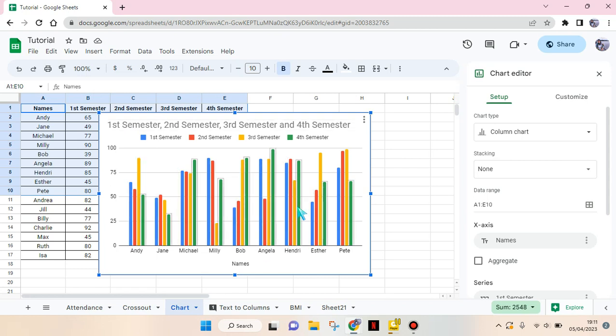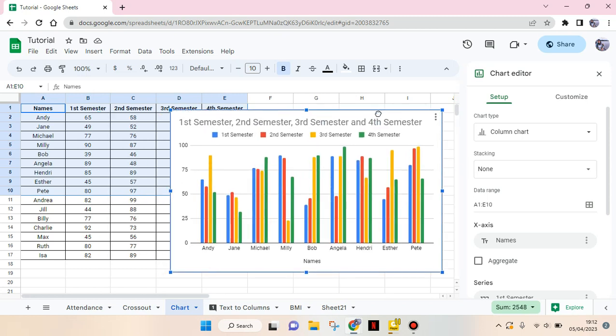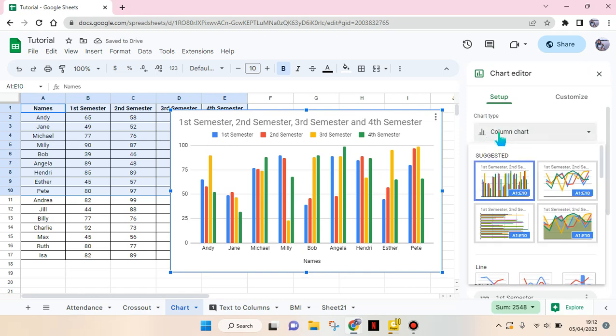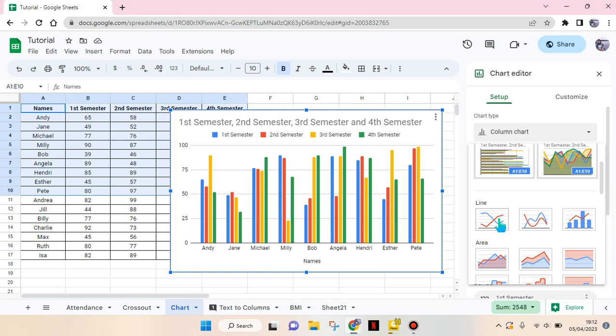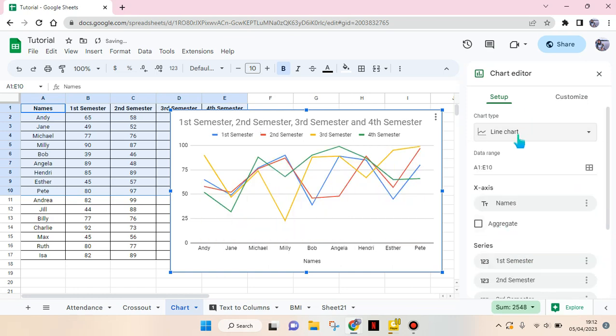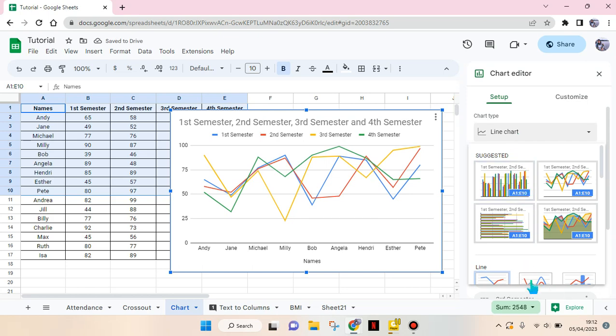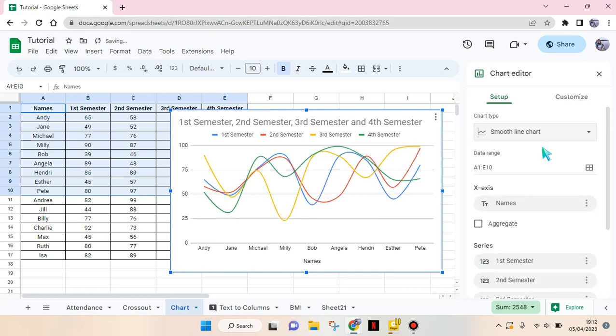And to create a line chart, you just need to change the chart type in here on the right panel. Click on the drop down on the chart type and find line chart. So there are three options like this. You can just choose which one that you want to use. I'm going to go with the smooth line chart, and after that your line chart will